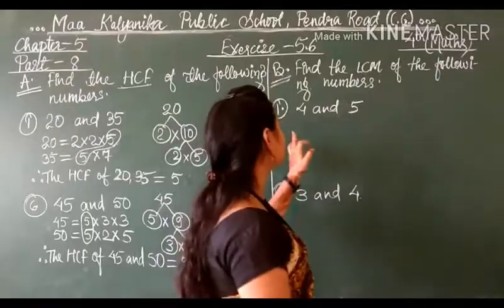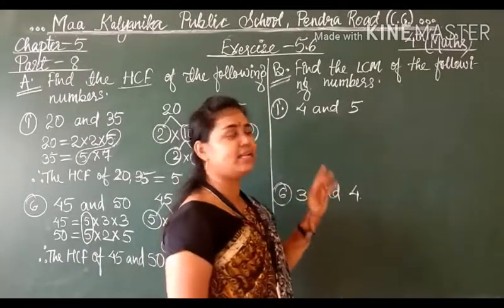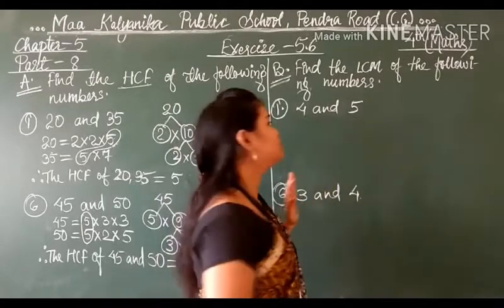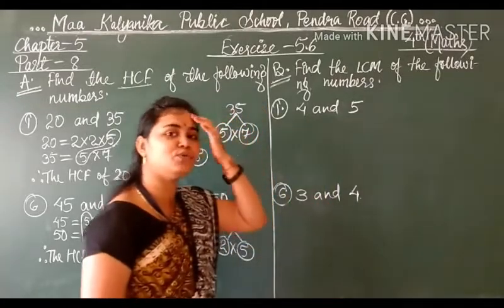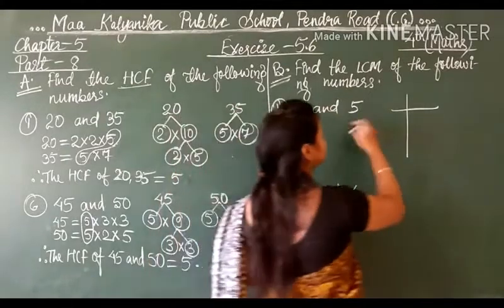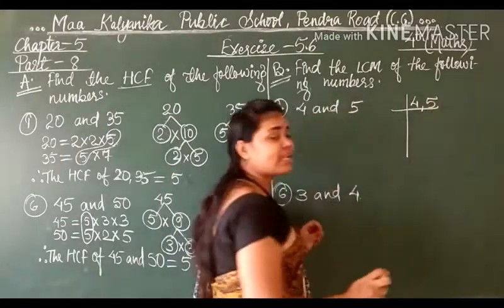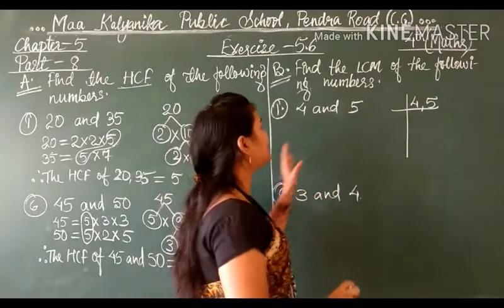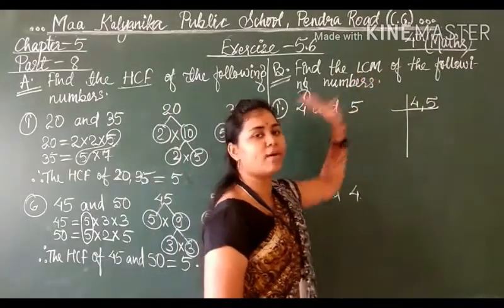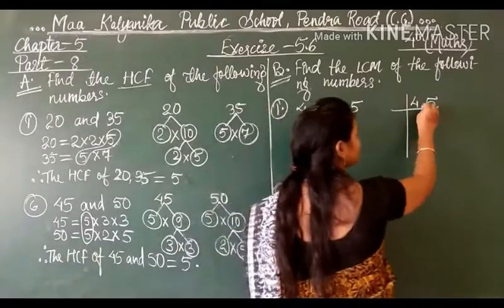So students, one method I have told you, and the next method I am telling for finding the LCM. So see students, we have to use here the short division method. Okay. So see students, 4 is there and 5 is there. So both we will take, 4 and 5 both. Okay. Because we have to find the least common multiple. So we will take both the numbers 4 and 5, 4 comma 5.